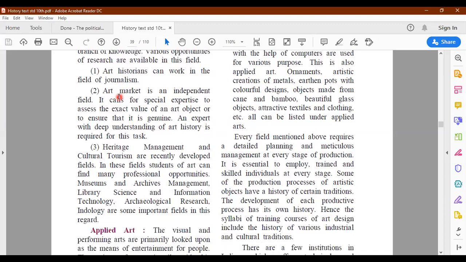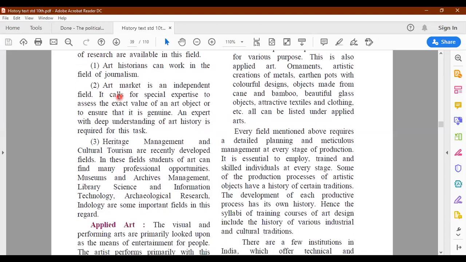Art market is an independent field. It calls for a special expertise. Expert knowledge is required to judge the value of an art object and ensure that it is genuine, because there are so many fake objects available. Even paintings, some may be genuine, some may be just a copy of that painting. Whether it is a genuine piece of art, archaeologically, whether it really has that much value, what is its value?